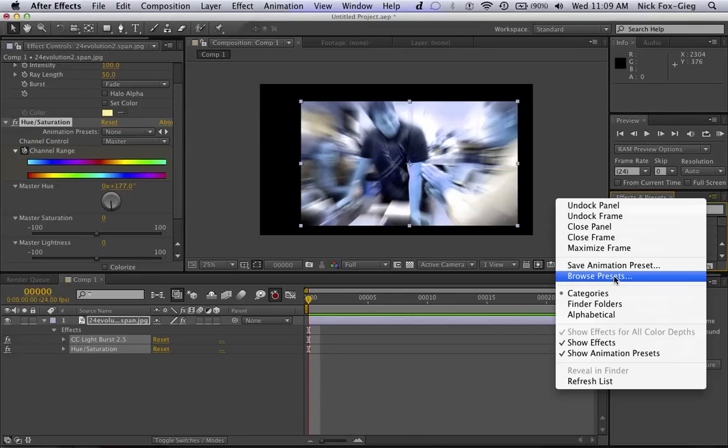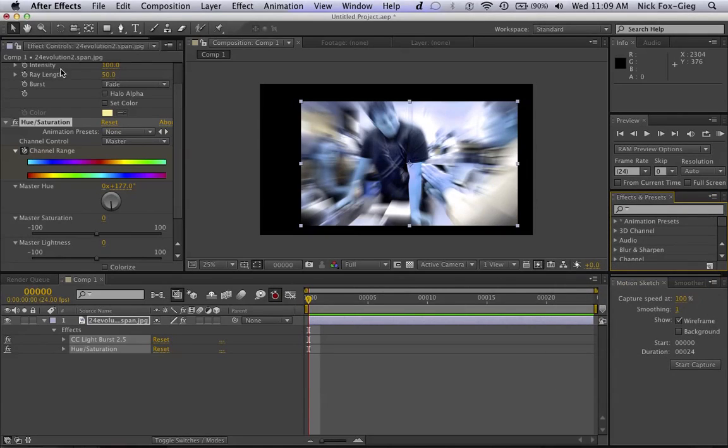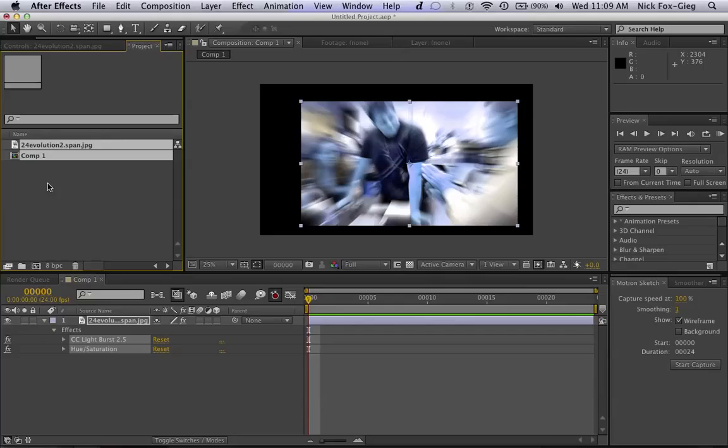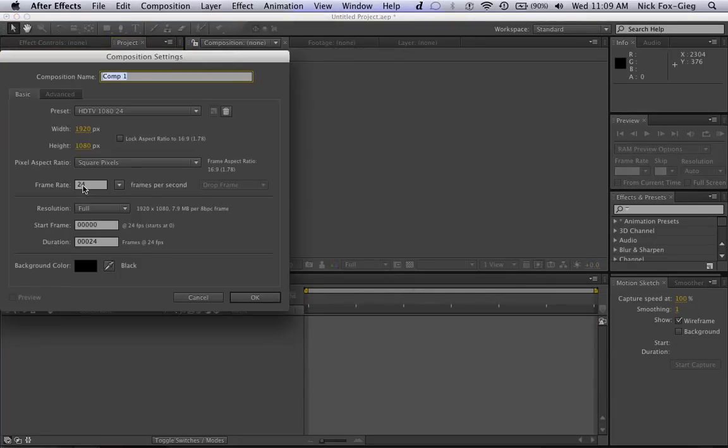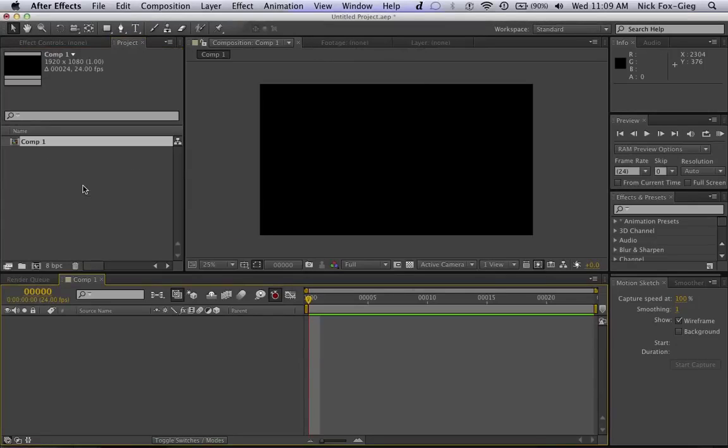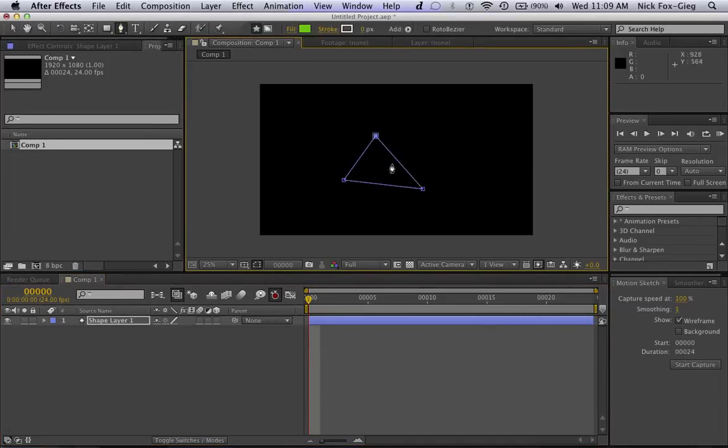Anybody? Yeah? Can we talk about proxies? Okay. So proxies are low-res versions of a high-res comp that you plan to replace later. So if I create this, and once again with